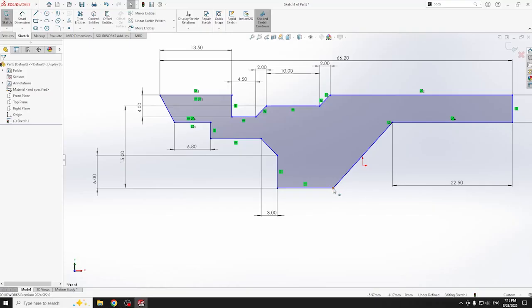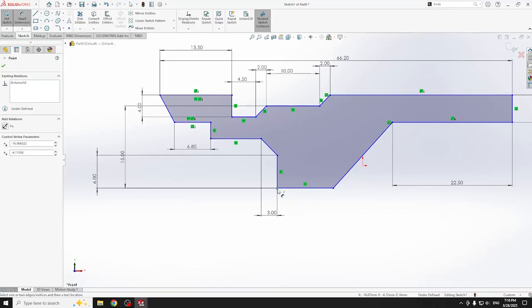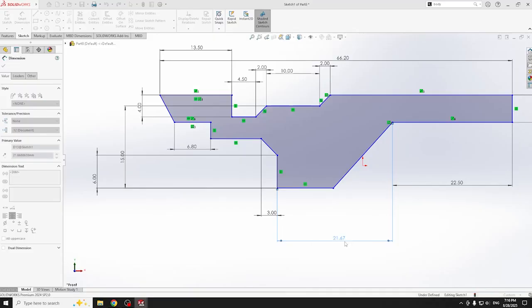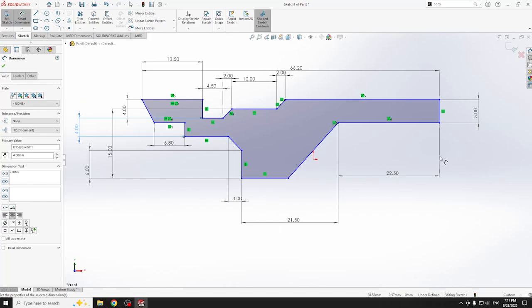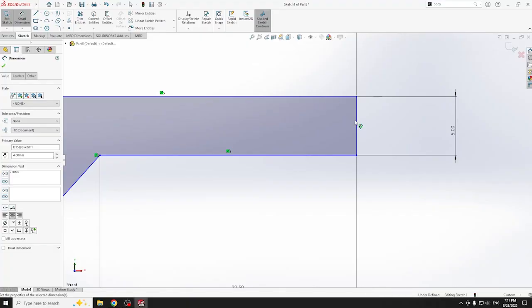We are going to use fillets for some of these corners, and also the distance between these 2 points is 21.5 millimeter. Okay, I think we are done with the dimensions. Let's make these corners fillet, and also this corner is rounded, so